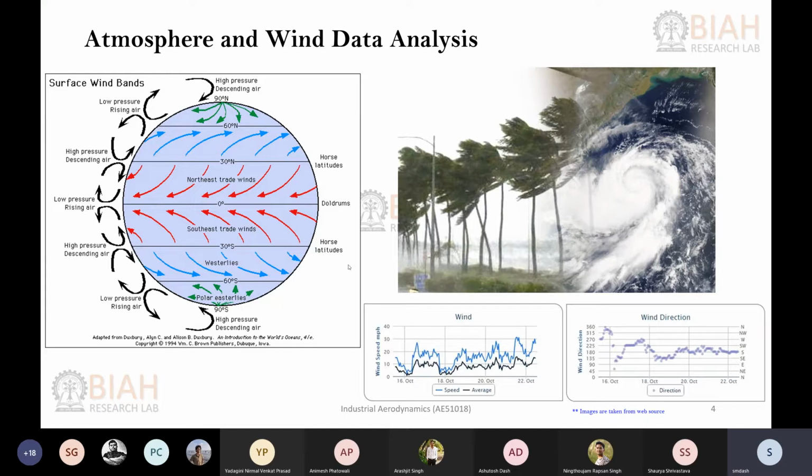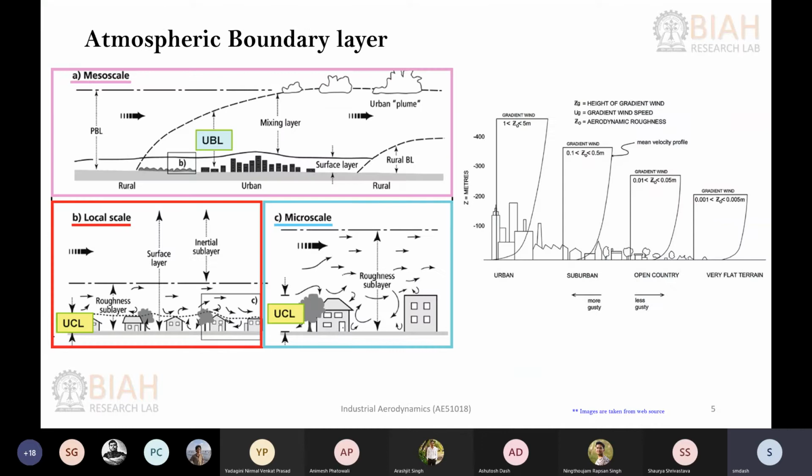There will be various mathematical models that will discuss cyclonic conditions. Then, in the next chapter, the atmospheric boundary layers. Modeling the boundary layer is another thing that is again related to your wind data analysis. Here we will see how the boundary layer evolves with change in season, like winter, summer, spring. What are the differences, and in a particular daytime, if you have a rainy day or a summer day, how the boundary layer evolves.